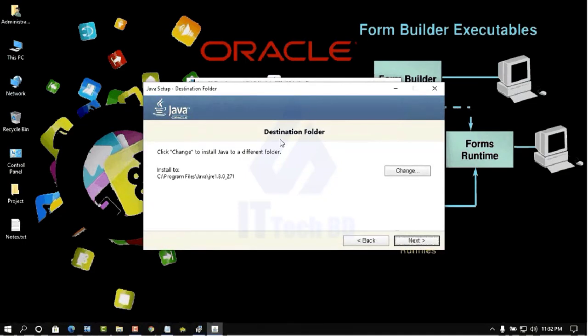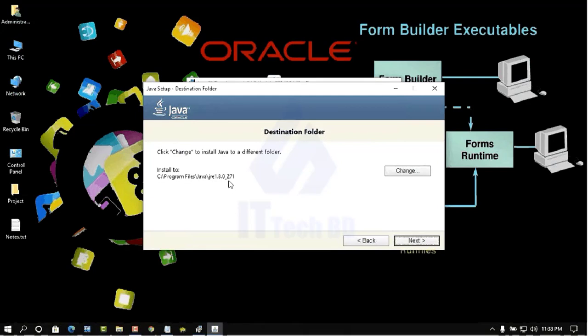Here it is showing whether you will install JRE or not. We need only JDK, no need for JRE, because when we install WebLogic Server and Fusion Middleware, you get an error if you first install JRE. How to install JRE and configure the browser, I will show you. So now we need to install only JDK. No need for this one. This is Java JRE, this version showing here.